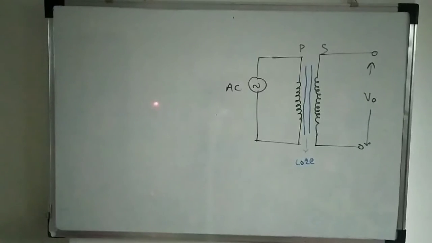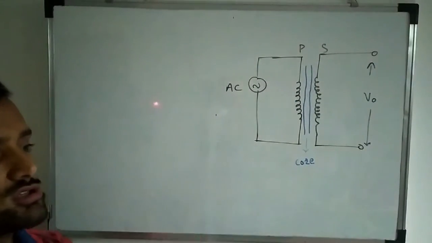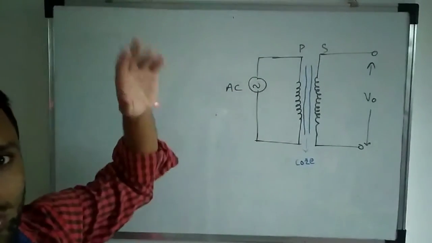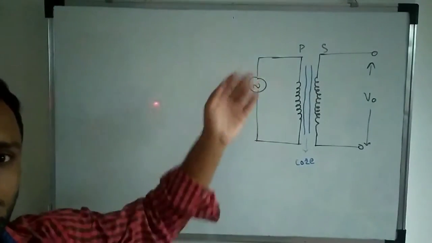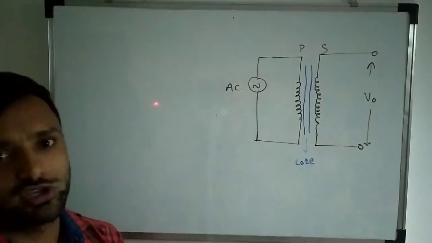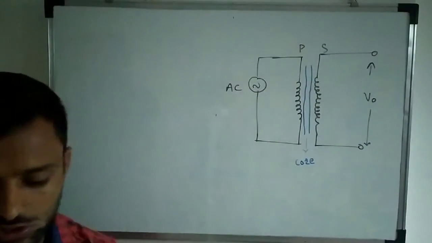Where is the use of the transformer? We can see transformers at the roadsides. The AC voltage produced at a hydroelectric power plant like Koyana is a very large voltage. That voltage comes to the power stations, and we have to reduce the power of the input at every stage during the process. So to convert the AC voltage at different stages into a small voltage, we use the transformer.